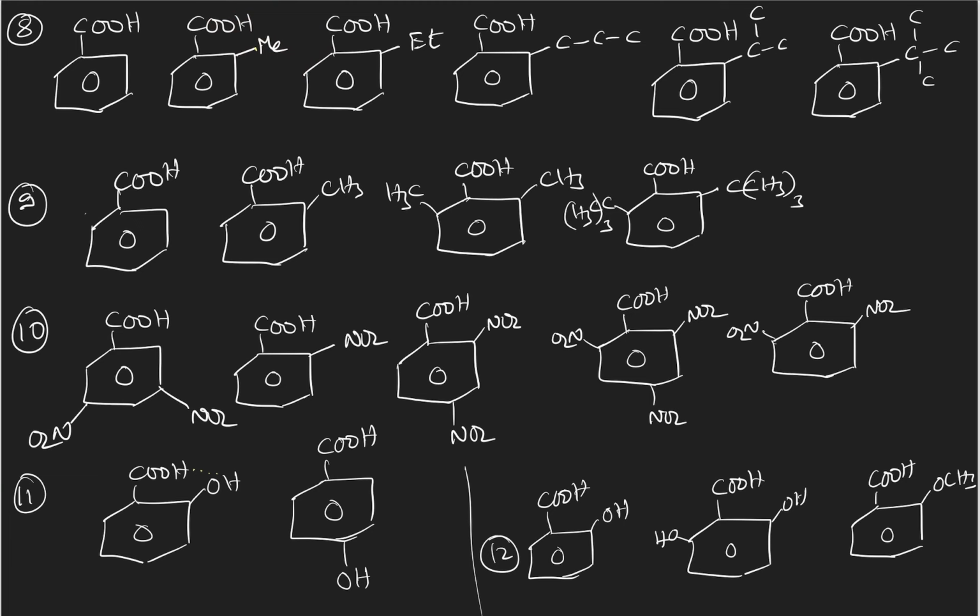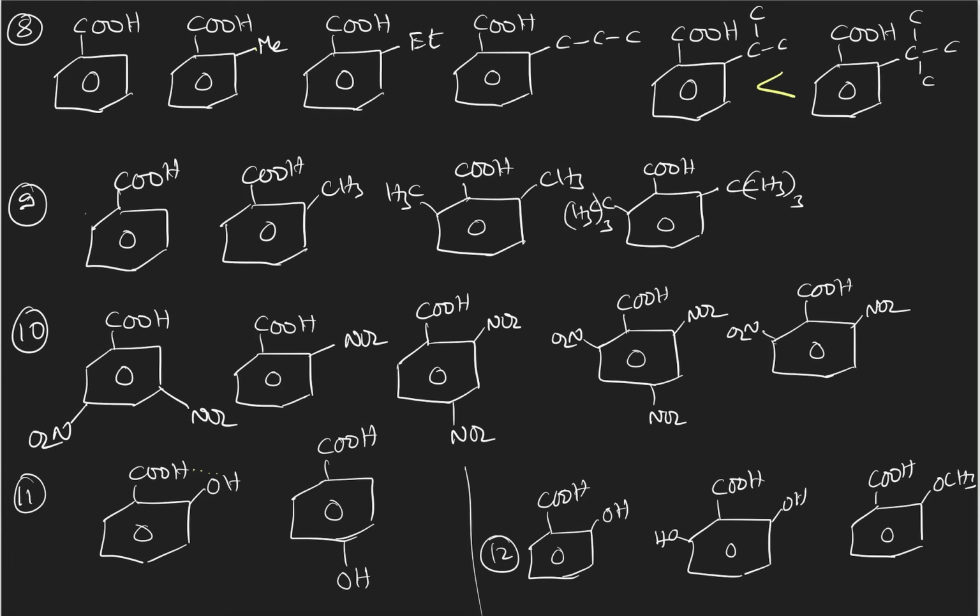As the repulsion becomes higher and higher, the COO minus will move more and more away from the benzene plane. As COO minus moves away from the benzene plane, there will be more clarity in the formation of equivalent resonance structures. Therefore, as the size of the ortho substituent increases, the formation of equivalent resonance structures becomes more possible. The stability of the conjugate base is much higher, so the acidic strength also increases.